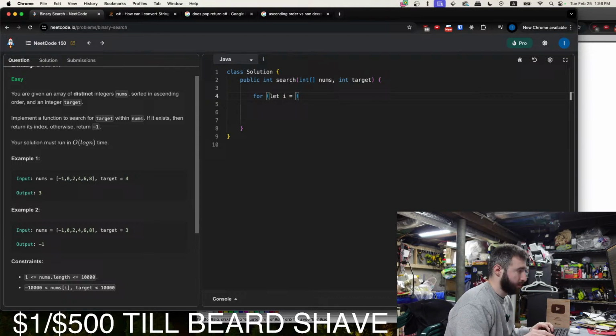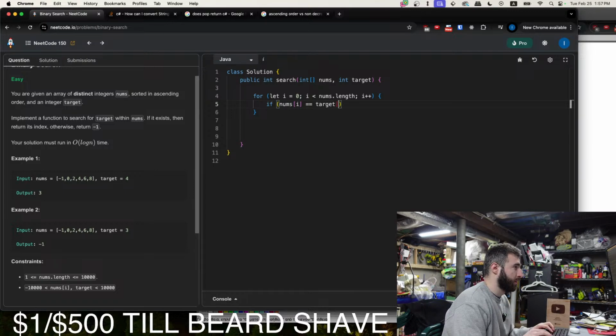Maybe we'll figure out how to do it once we have the brute force. I is less than nums.length, I plus plus. If nums I is equal to target, return I. Return -1.